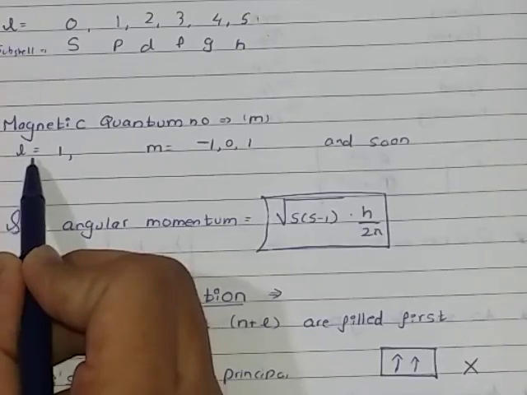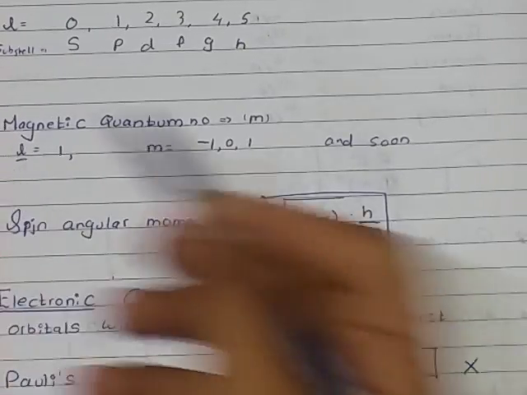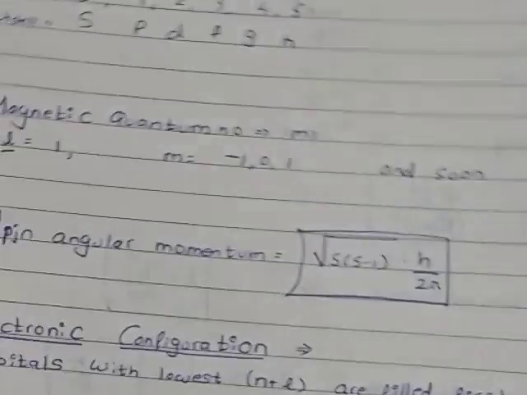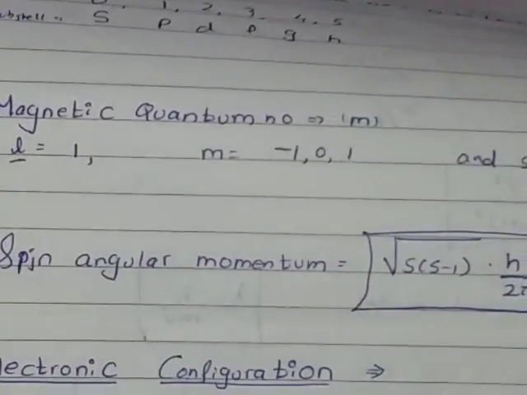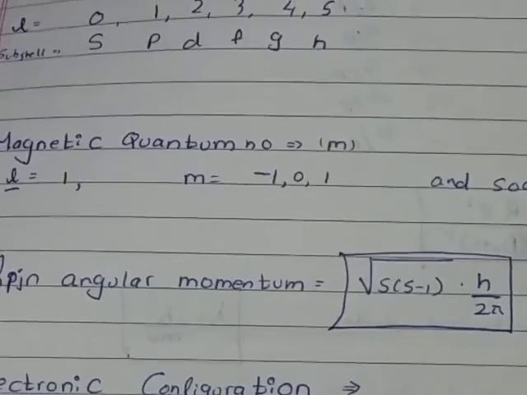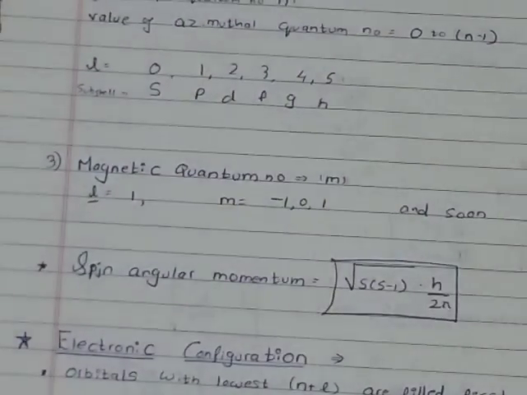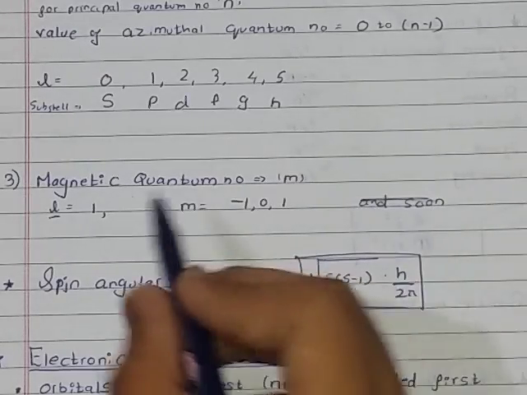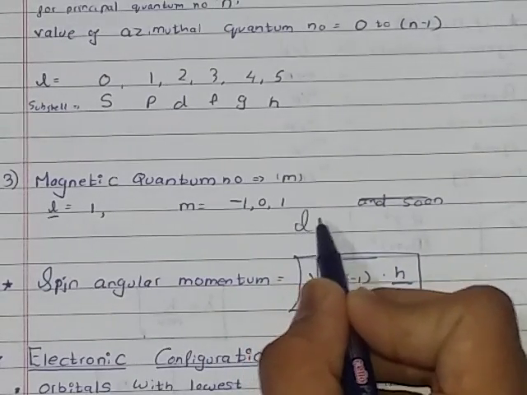Now here is an example. If the azimuthal quantum number is 1, that is, L equals 1, then m can take the values -1, 0, 1. I didn't write anything beyond that. Now suppose L equals 3,